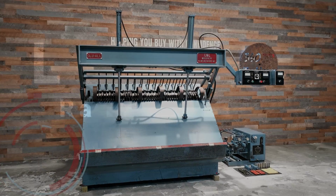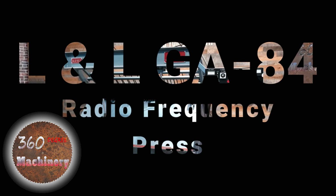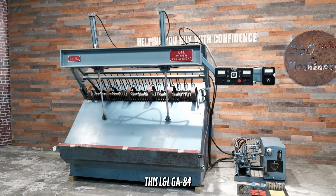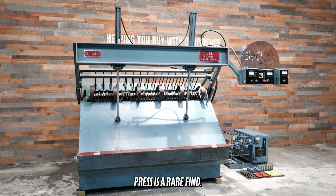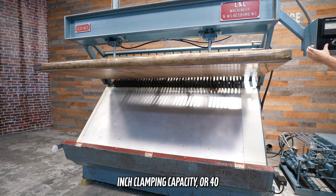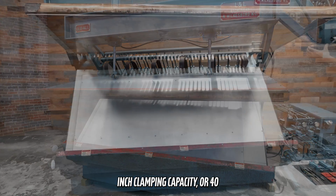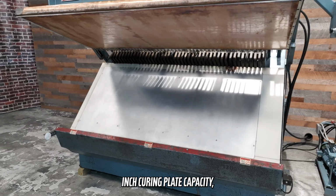We are going to do a walkthrough of an L&L GA-84 radio frequency press. This L&L GA-84 radio frequency press is a rare find. What makes it rare is the 41-inch by 100-inch clamping capacity or 40-inch by 88-inch curing plate capacity, combined with